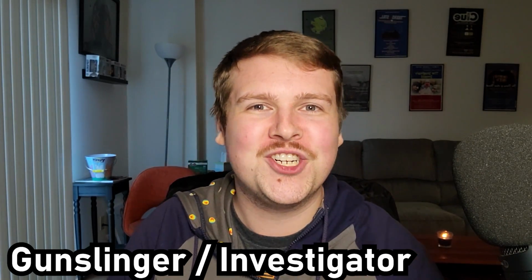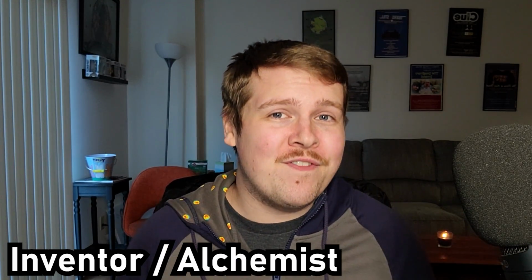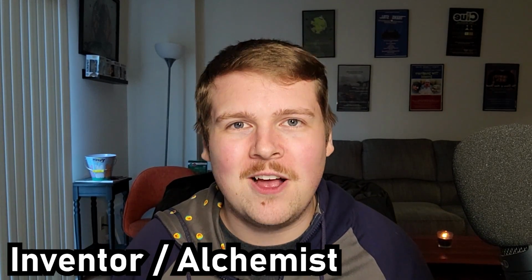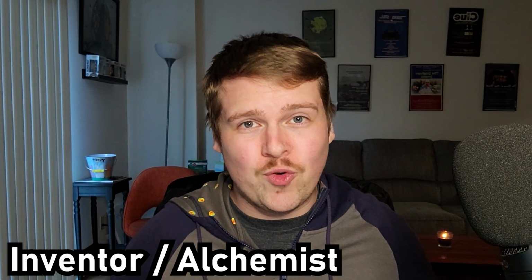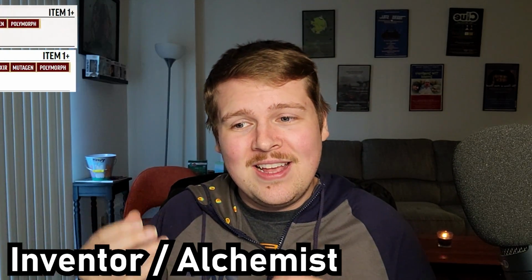Make every shot count. The inventor's a little boring, but it just makes sense. We're going with the Alchemist multiclass once again. Regardless of which inventor subclass you pick between construct, armor, and weapon, you're gonna have some kind of shortcoming, whether it's your hit accuracy, your armor class, or something else. And with things like Drakeheart and Warblood and other alchemical items you can make, it's a great way to make